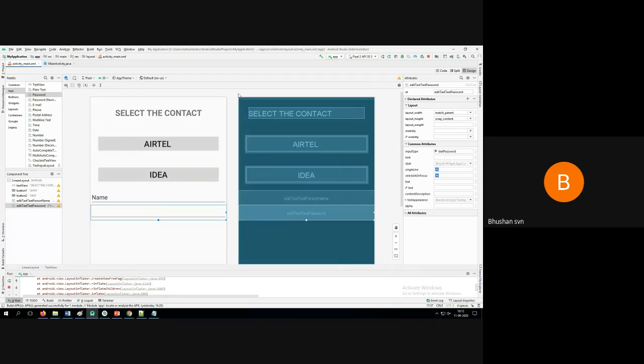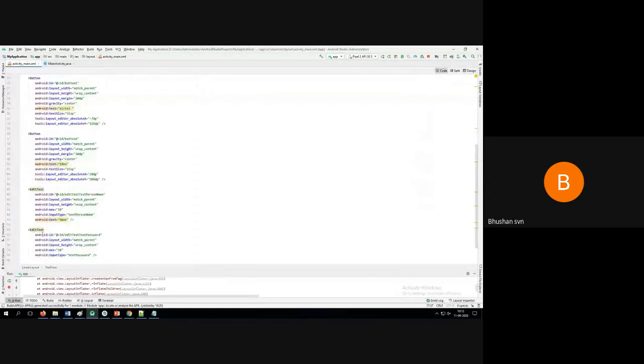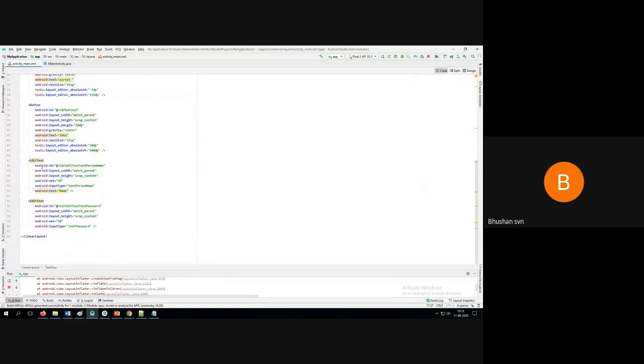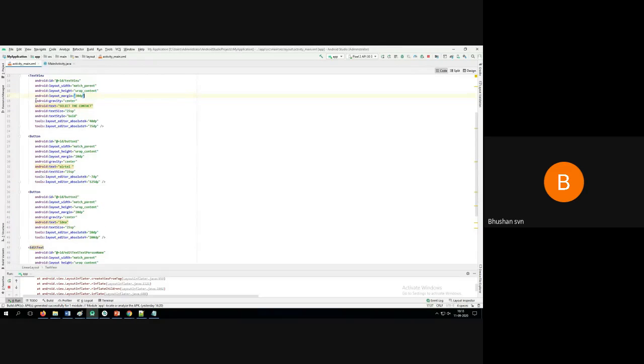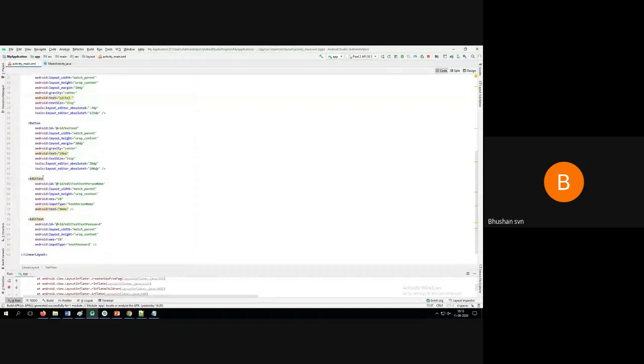So this place is called the initial coordinates, and this place is called the final coordinates. So within this, wherever you place your component, corresponding code will be generated. If you see here, again some new edit text, the code is being generated now. Initially I had only one text view and only two buttons. Now I have just dragged and dropped, and a new component, code has been generated for that.